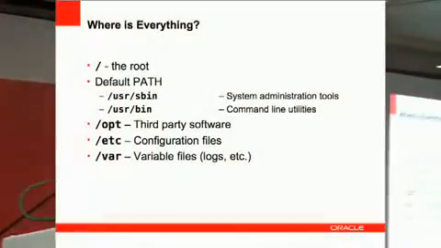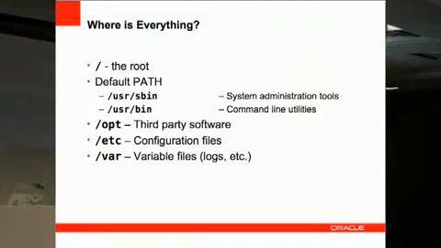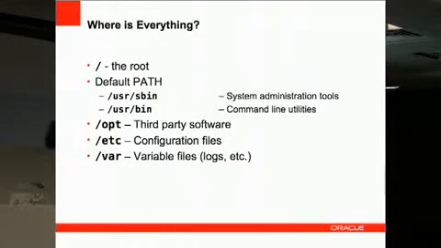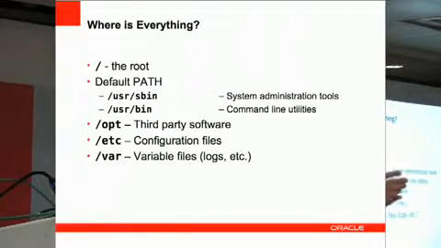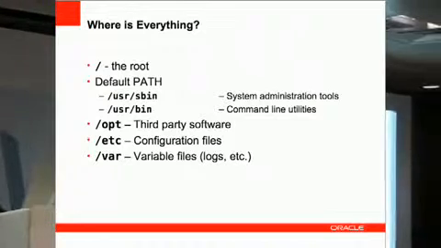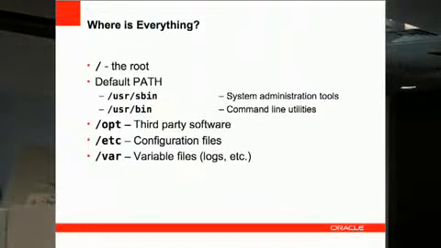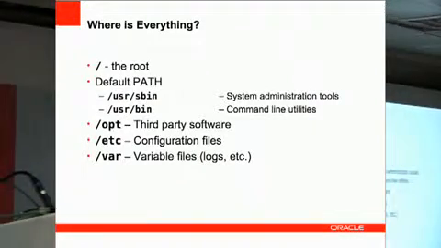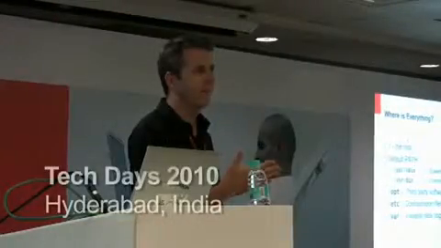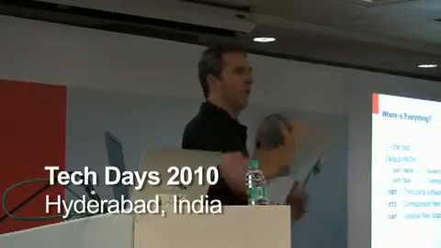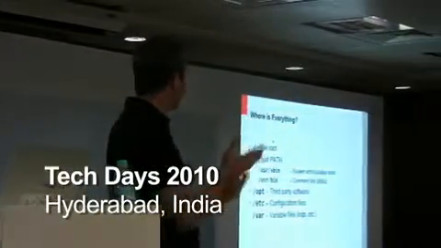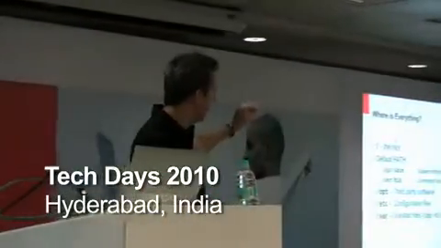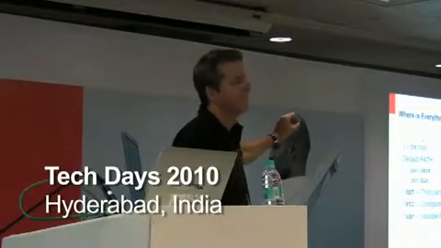So where will I find stuff in Solaris 10? I want to briefly introduce that to you. Again, if you're a Windows person, God help you, you have C drive, D drive, E drive, depending on how many disks you add into the machine. In the Solaris world, everything is off of the root. And again, if you're a Windows person, you're used to the backslashes being the other way. But everything is off of the root drive, and there's essentially two primary paths that you need to be aware